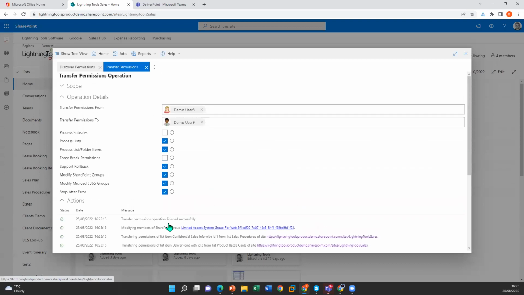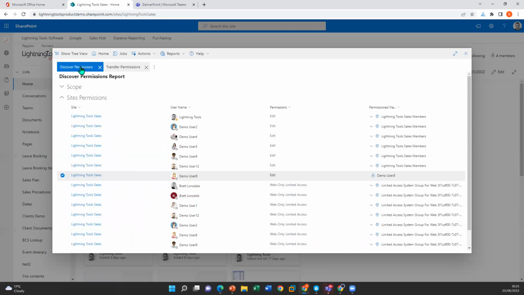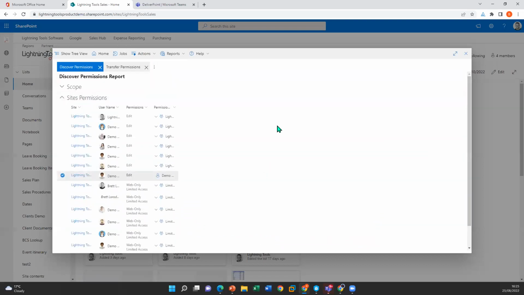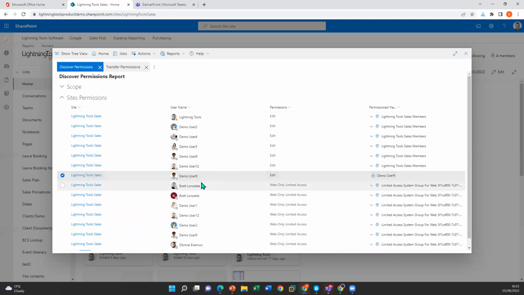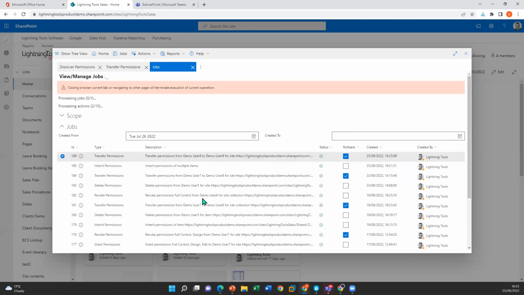Okay, so we've made those changes, and if we go back to the Discover Permissions report, you can see I've got demo user 8 selected, and we're going to refresh that report, and notice how it's now demo user 9 that has that edit permission and not demo user 8. And if ever we wanted to roll that back, here's the job, the demo user 8 to demo user 9. I can simply select that and I can roll it back again. So that's going to reverse the job for me,